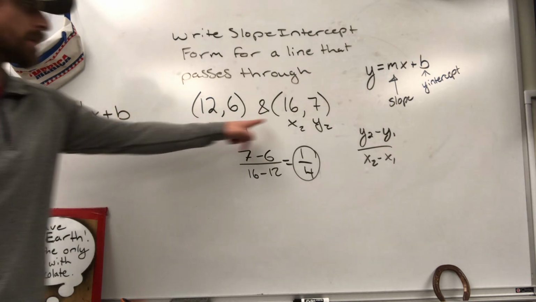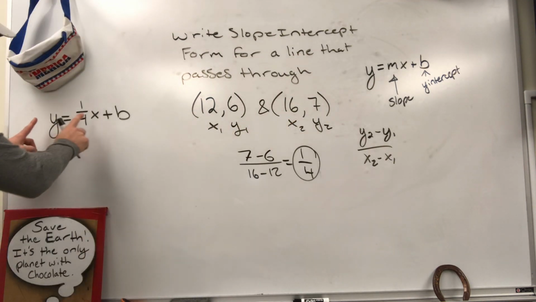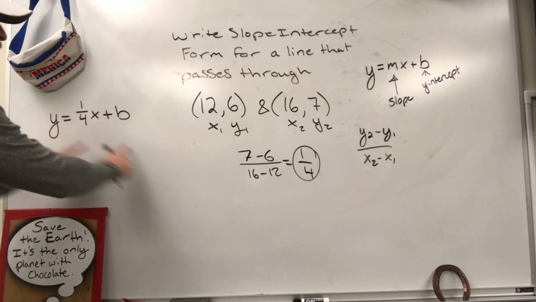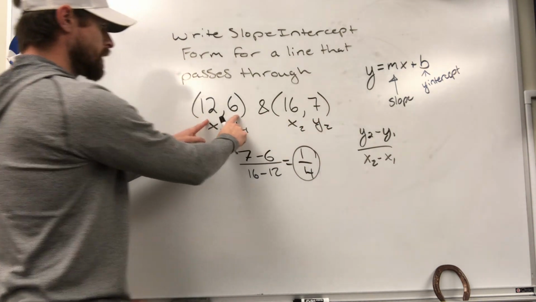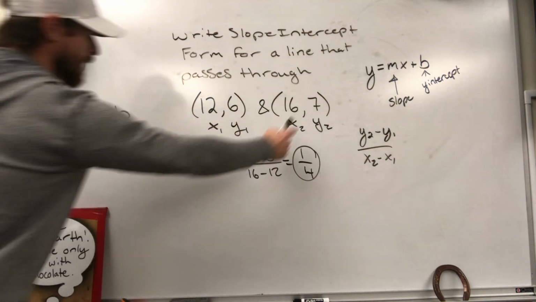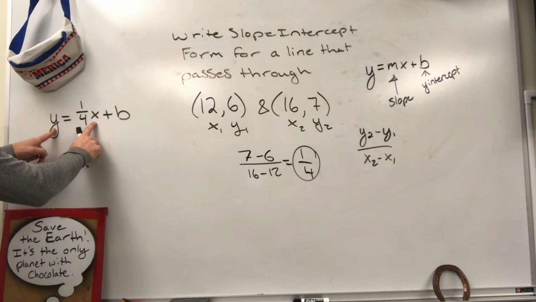I'm not sure where this line is going to cross the y-axis, but I can find it by replacing my y and my x now with either those 2 numbers or those 2 numbers. These look easier to work with because they're both even. I don't want to have to deal with the 7. So I'm going to plug 12 and 6 in here,